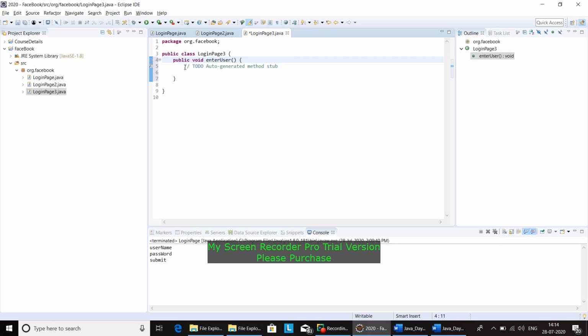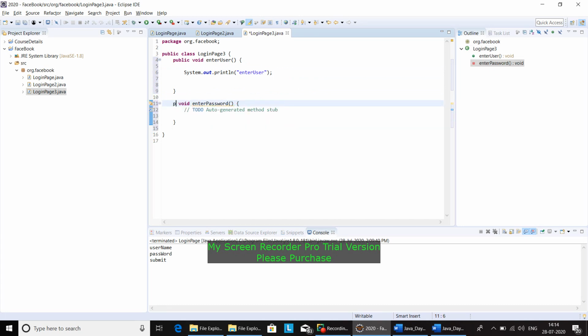I'll change this private to public, remove this, then print this method with sysout, and give enter user. Let me create another method, enter password.